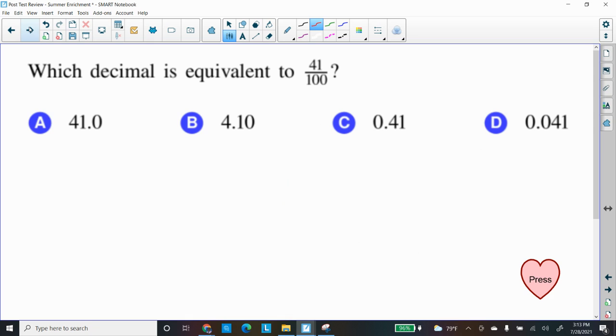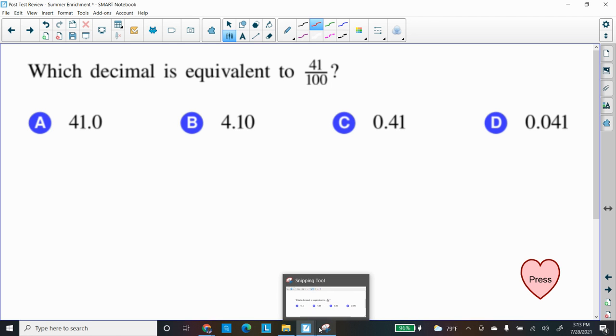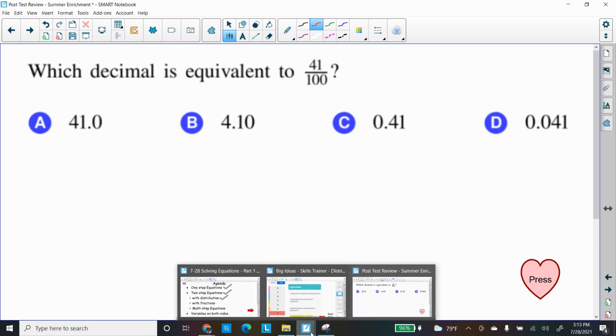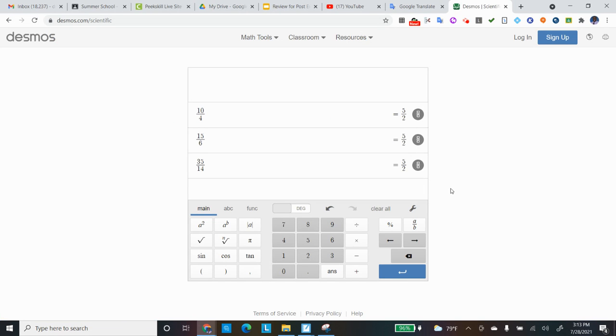All right, what else we got? Which decimal is equivalent to 41 over 100? All right, we got some nice choices here. So I believe I made a video changing fractions to decimals. You might want to check that out. So I'm just going to go to the calculator because we're allowed to use our calculators. So if you remember how I did the other one, I'm going to type 41